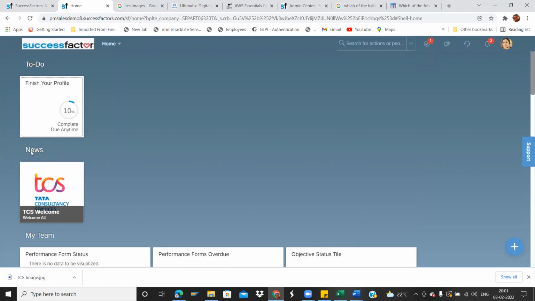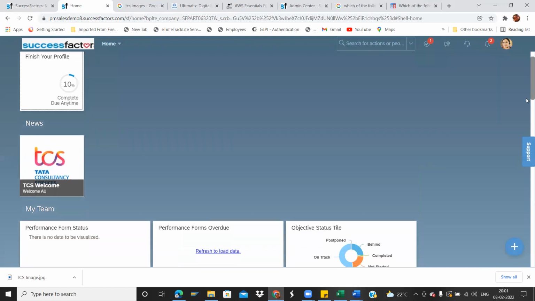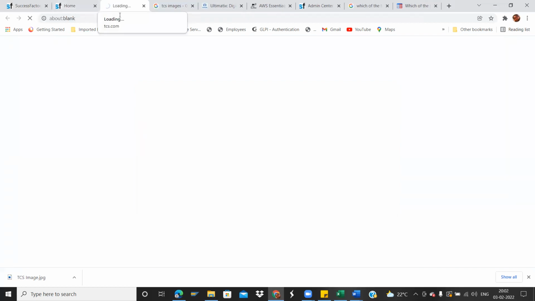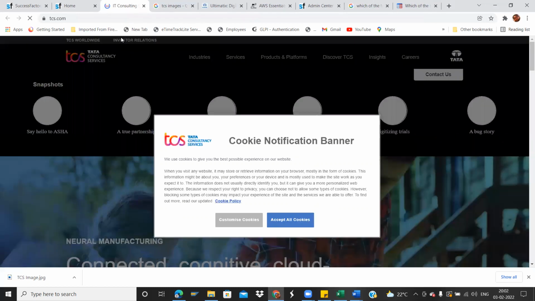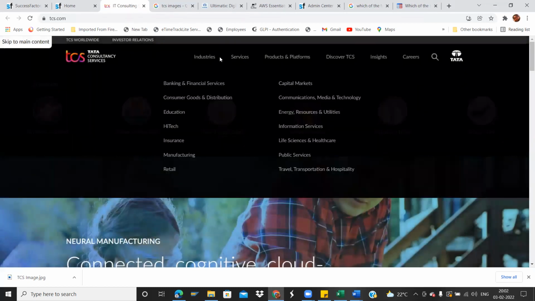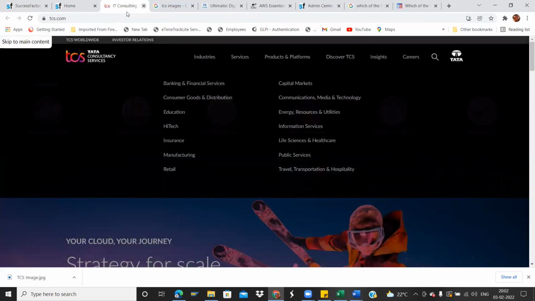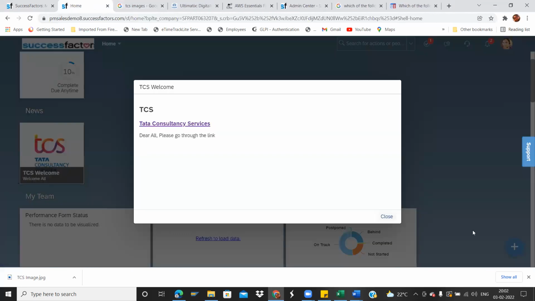See, got it? Yes. I'm just selecting this like this. This is popover. The small window comes, right? That is popover. Now, if I select this and click that link, it is opening in a new page. See, this is the TCS style. This page is not disturbed. It is opening in a new window. Okay. So this is how the tile is created.